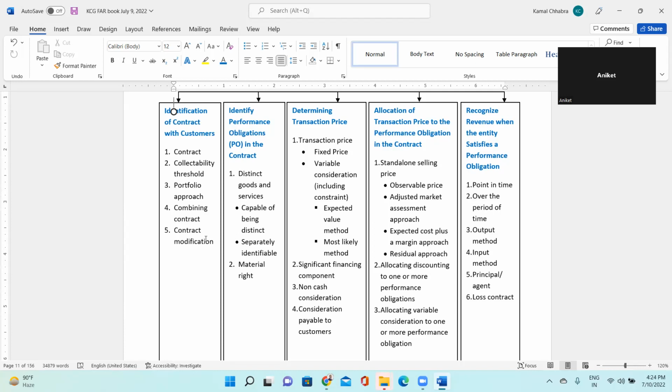So far what we have done, we have identified the contract. We have identified the performance obligation in the contract. We have identified the transaction price, and we have allocated the transaction price to respective performance obligation. Now it's time to recognize the revenue. Right? In the laptop, let's keep the example same, laptop and the car. So in laptop, you are giving 5 things. What are 5 things you are giving to the customer?